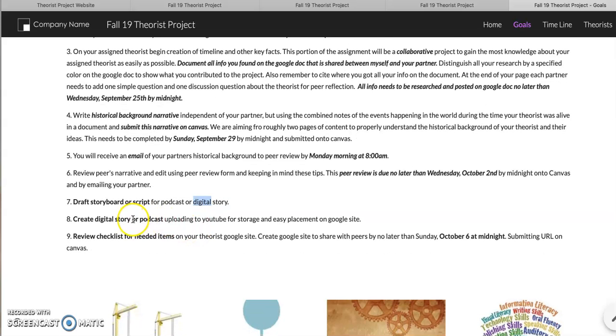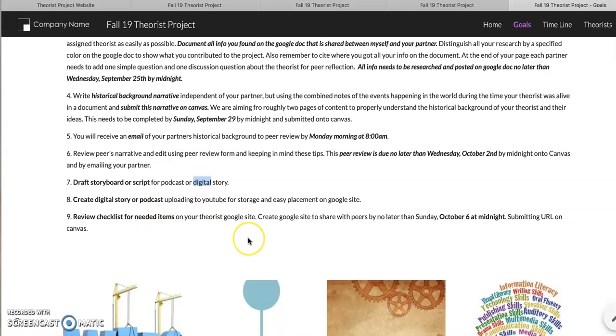From there, you are going to upload a bunch of things to a Google site that you've created, and that product, your website, is going to be given to your classmates so they can learn about everything that you have put together.